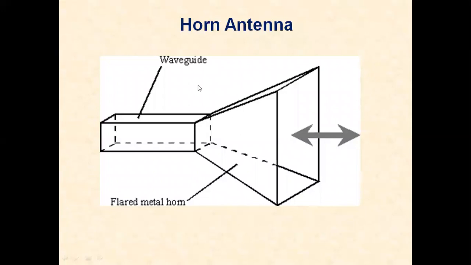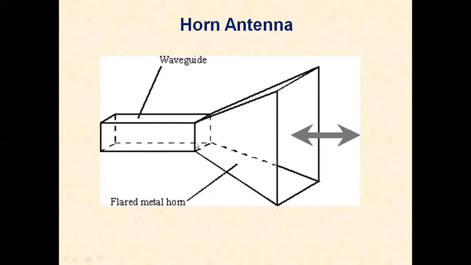So these are the design considerations for the horn antenna. We have a waveguide. If you take a rectangular waveguide, what is a waveguide? A waveguide is a hollow metallic tube, a hollow rectangular tube inside. If we apply a signal at one end, by total internal reflection by the walls of the waveguide, the microwave signal propagates through the waveguide.